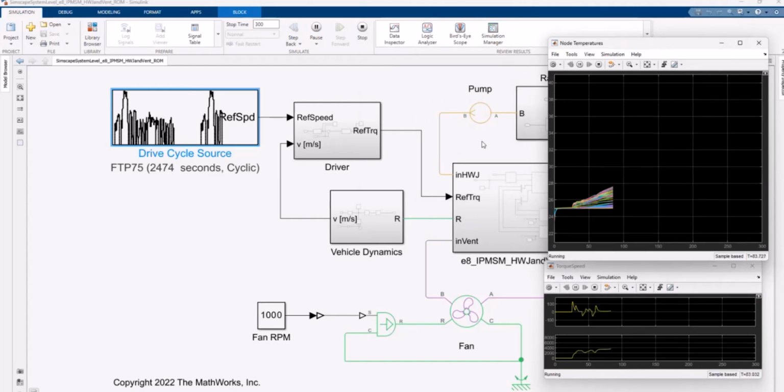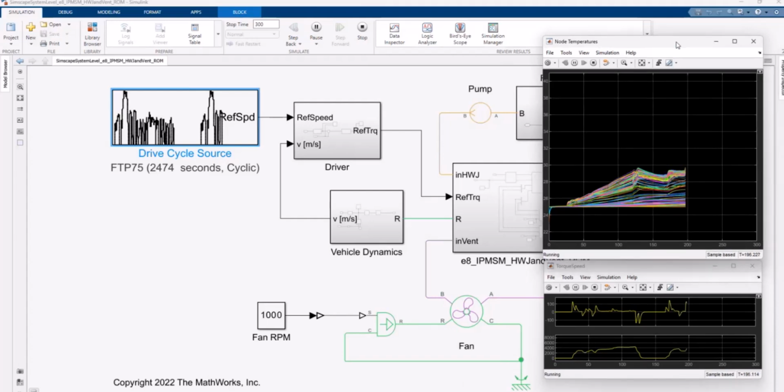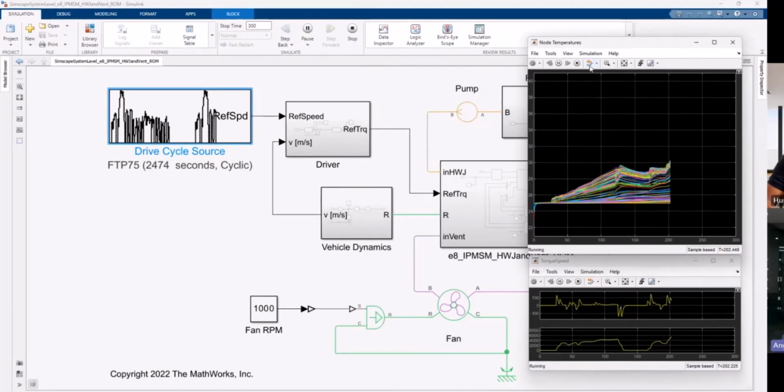Again, since this model contains more components and it's richer in behavior, it will take a bit longer to run than the others, but it's still a bit faster than real time, so that it can still provide you insights fast enough for you to improve your design.